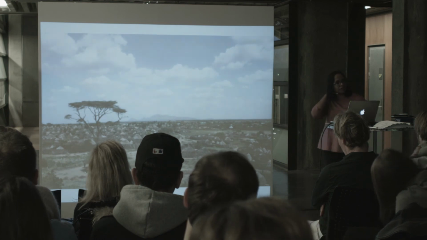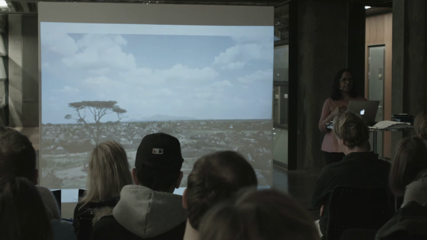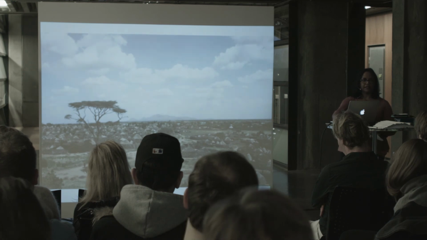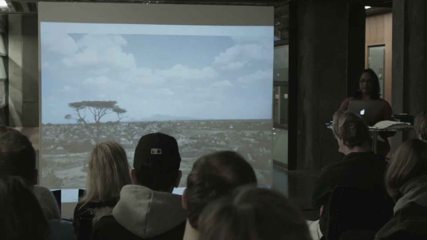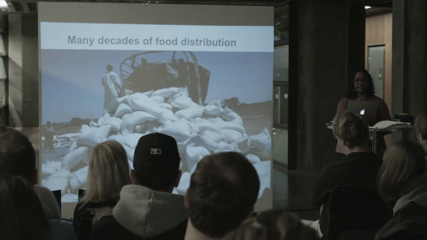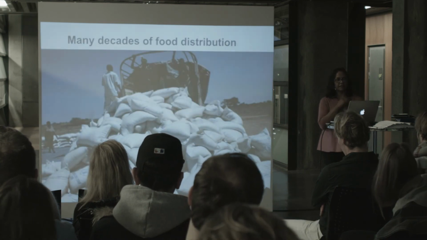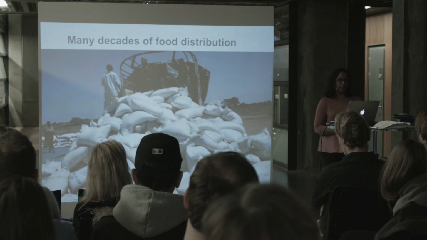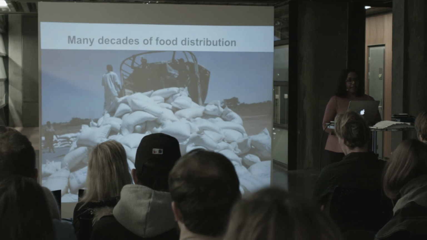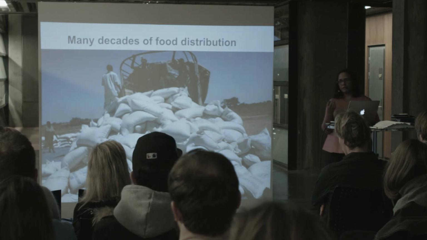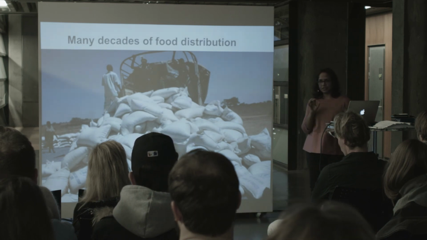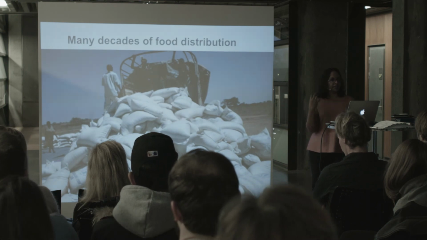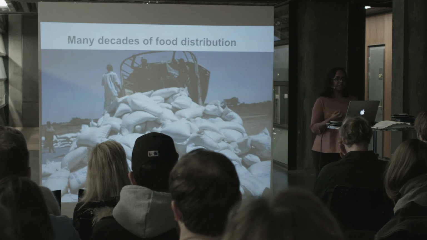So almost 40 years ago, when the challenge of many wars and droughts was at its worst, there were many people suffering from hunger. It was a really big crisis. And at that point, World Food Program entered this area and started providing immediate food aid to people affected by this crisis. Usually, World Food Program runs on a very short-term basis. They go into the crisis area, give the food aid, and then pull out. That is usually the intention. But this food aid program has been running for almost 40 years.